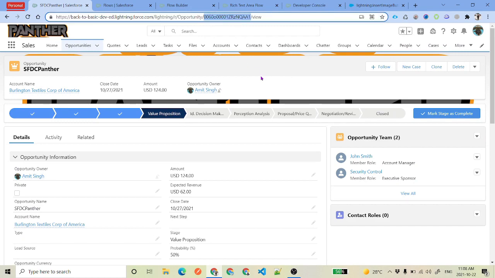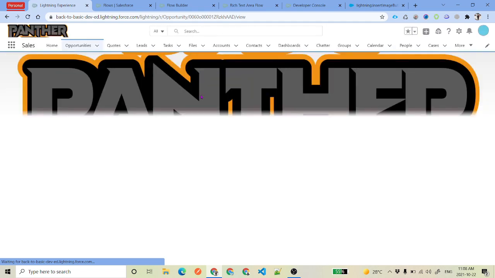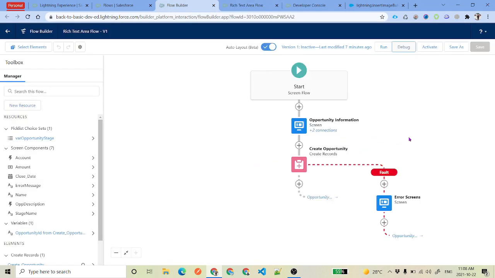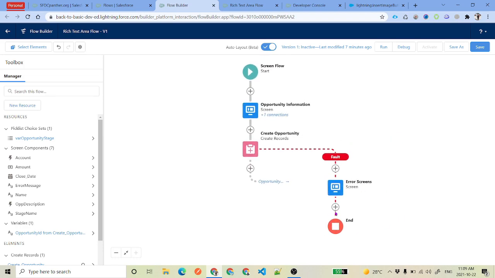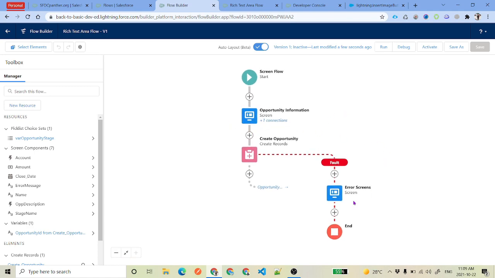Now, if you wanted to replace this ID with this newly created opportunity, you will be able to see the image there in the description field. One thing that we have to modify in our flow is, we need to remove this connection, so we say delete connector. The reason we are deleting this is because whenever we are getting an error, the component quickly comes back here, and then both components get displayed. We need to make sure that we are displaying only one. Then go ahead and activate this flow.